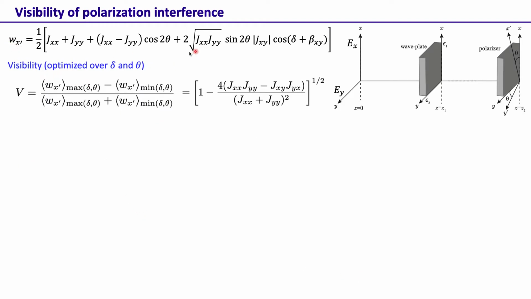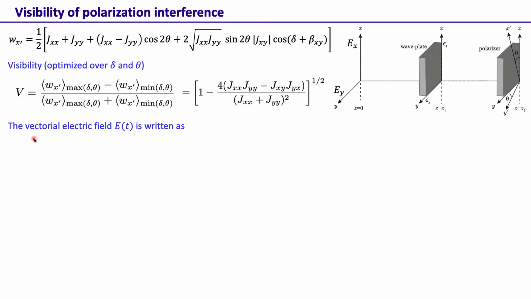So going back again here, that is the intensity that one gets coming out of this polarizer kept at angle theta, and the visibility that is optimized over delta and theta has this expression, that is 1 minus 4 times jxx jyy minus jxy jyx divided by jxx plus jyy whole square, the whole thing raised to the power half. Okay, so we actually want to simplify this expression a little further and give it some physically intuitive meaning. But before we do that, let's